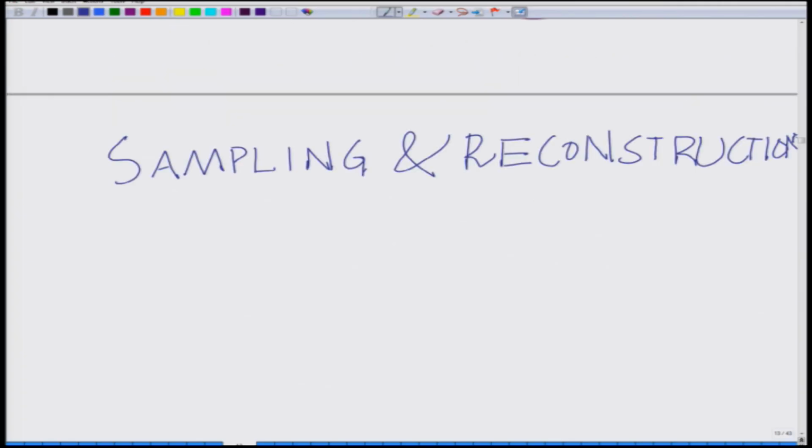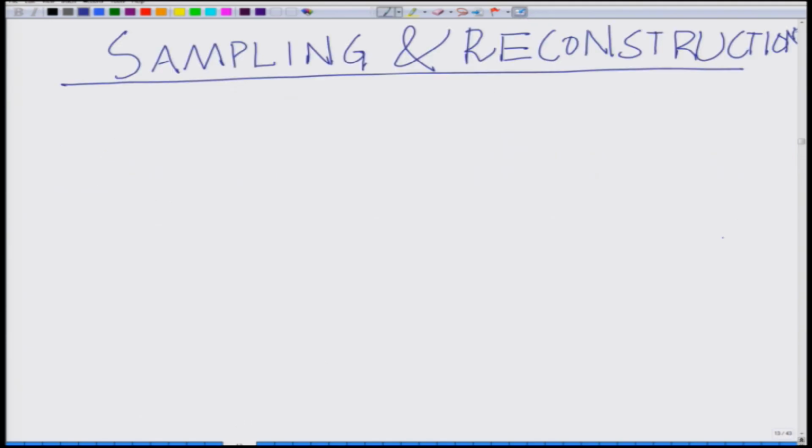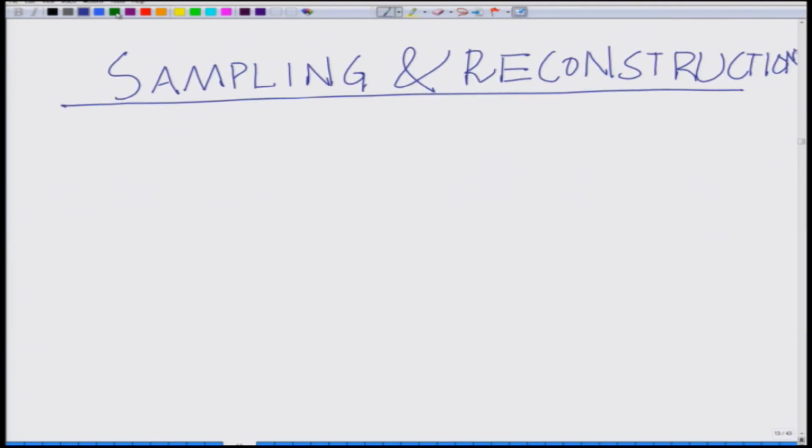So, we want to look at the reconstruction aspect. So, sampling and reconstruction. Now, we have already seen that the sampled signal, if m(t) is the original signal, this